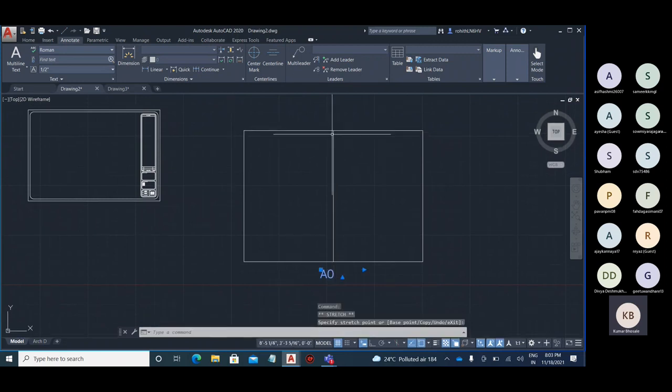Now if I divide this into two parts, this is the length of the original sheet that has been divided into two parts. Now the breadth, the original breadth of A0 becomes